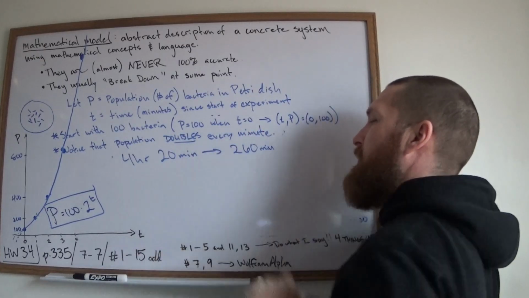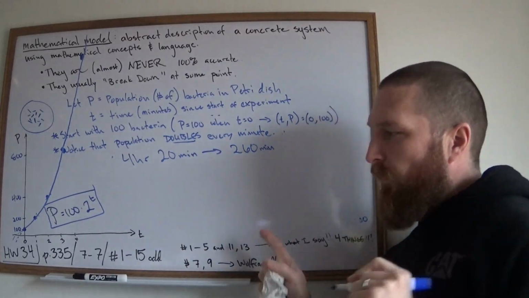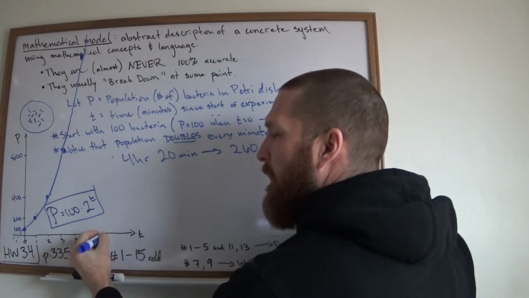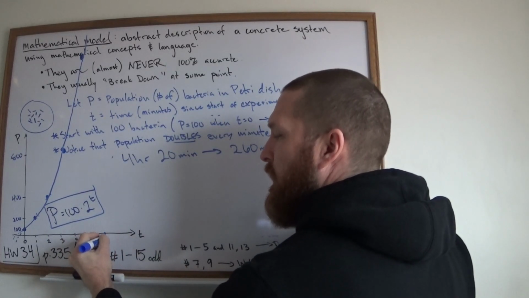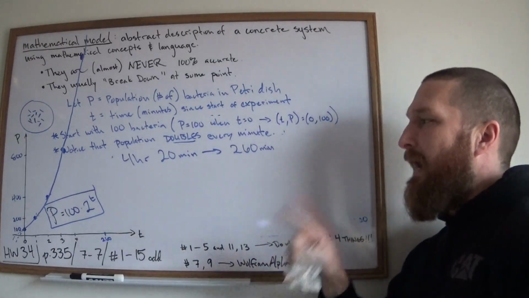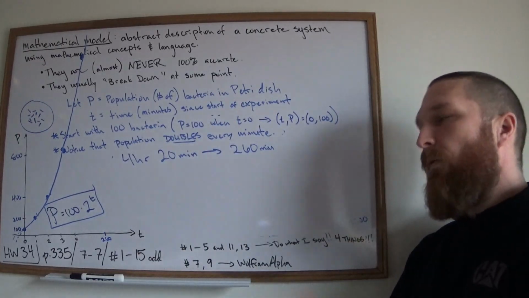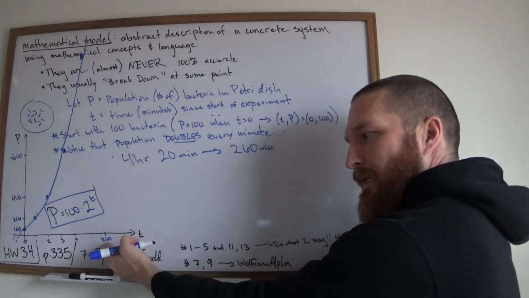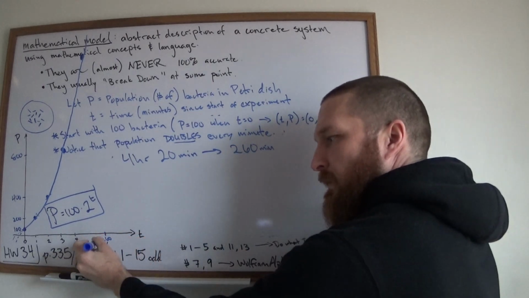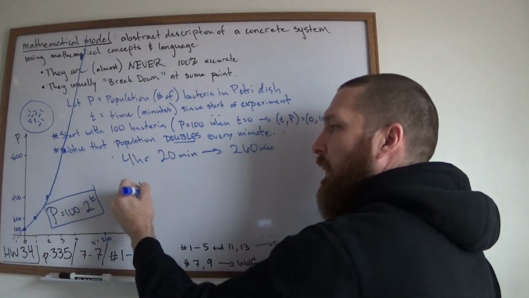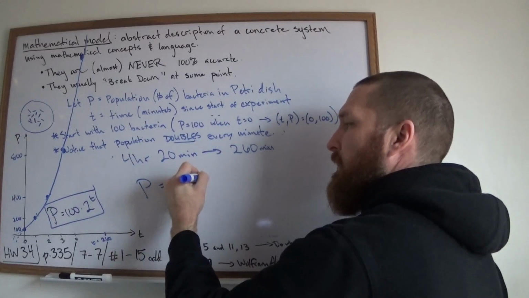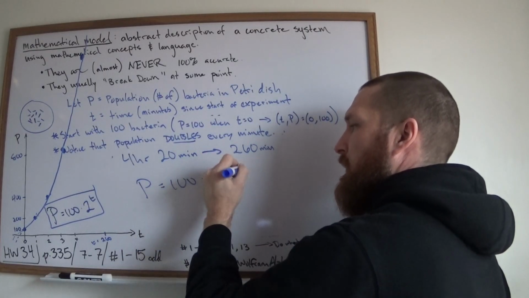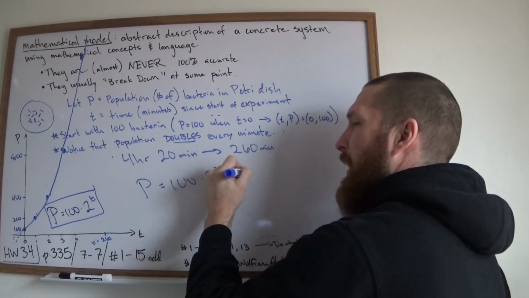I'm sure you could calculate that. So if we wanted to know how many we expect 260 minutes after the start of the experiment, we would say, well, when t is equal to 260, we plug that into our model. And we get P equals 100 times 2 to the 260. And that is approximately